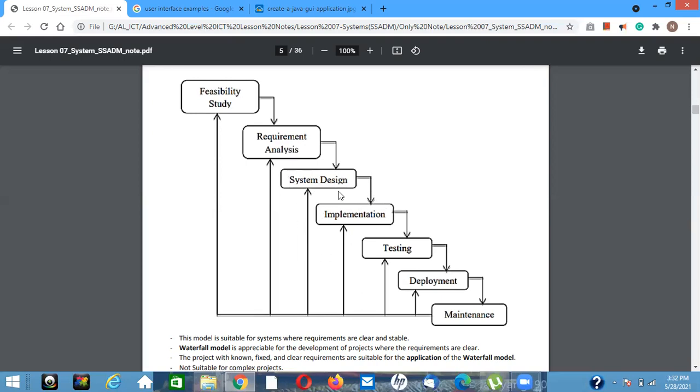So the implementation and design overlap at this time. Then the testing starts after finishing nearly 50% of the implementation, so the 50% implemented part can be tested here. After finishing implementation, the next section of testing can begin, and the testing phase can finish only after finishing the implementation.